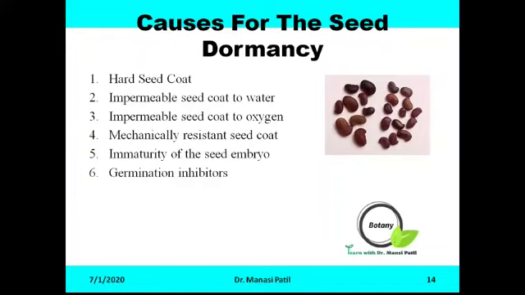The next cause for seed dormancy is the presence of germination inhibitors; the seed cannot show germination. Some of these inhibitors are abscisic acid, organic acids, phenolics, alkaloids, aldehydes, etc. Some are hormonal growth inhibitors which inhibit the synthesis of growth hormones. These inhibitors may be present in seed coats, endosperm, or even in the cells of embryos in the form of specific chemical substances.